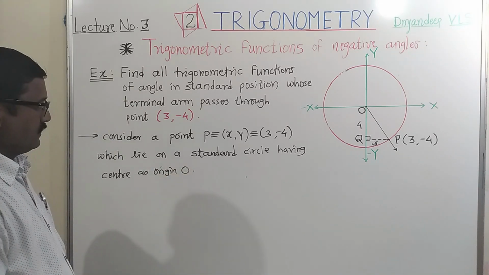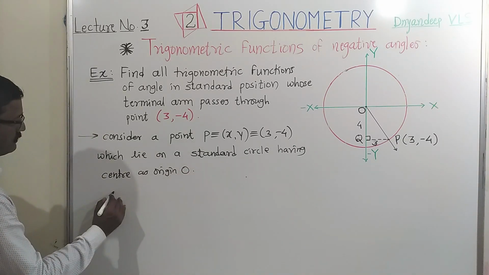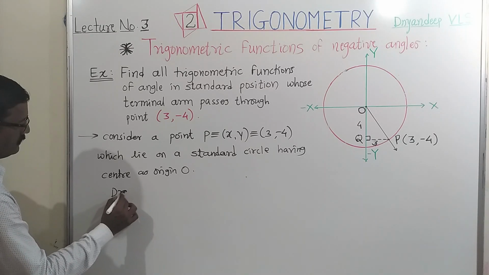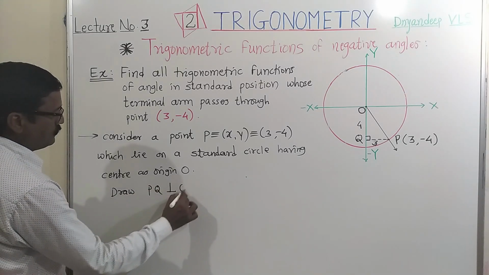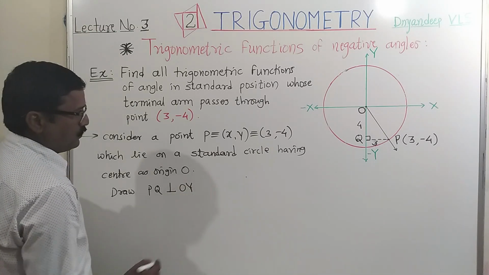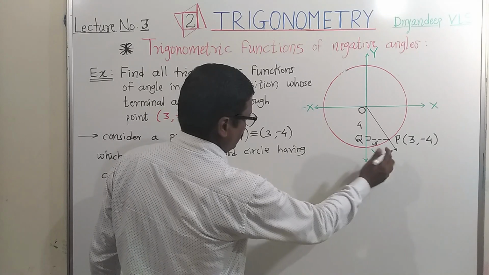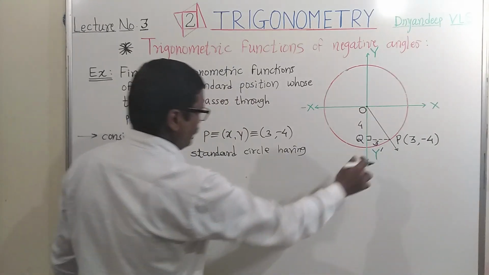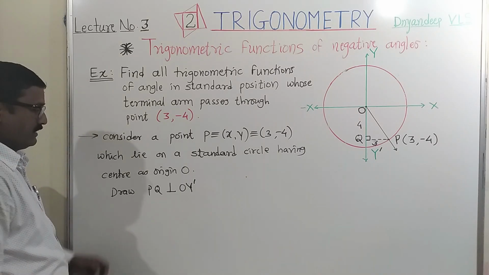Okay. So draw a perpendicular. Here we have the construction. Draw PQ perpendicular to Oy dash, or negative y. This y, if you take y dash, then it becomes negative y. Okay. Therefore,